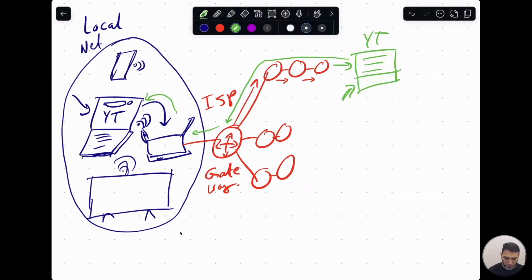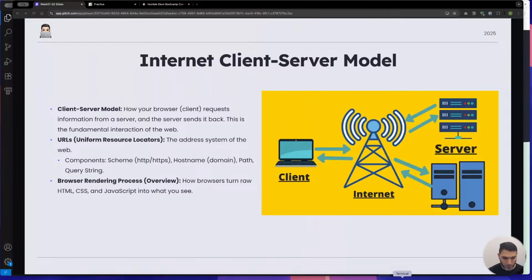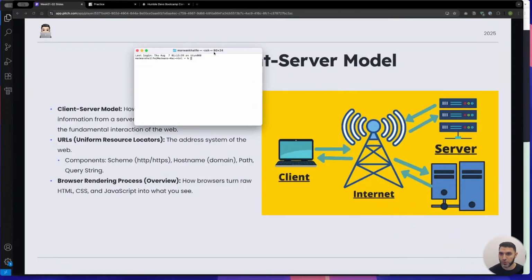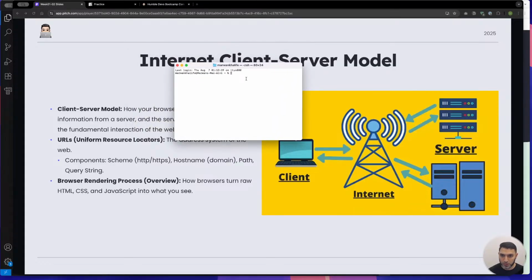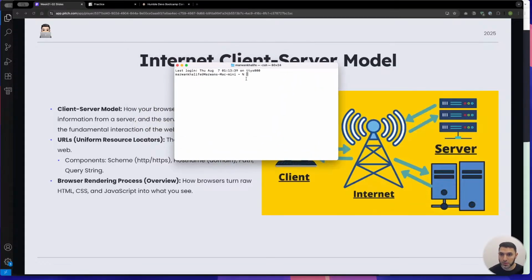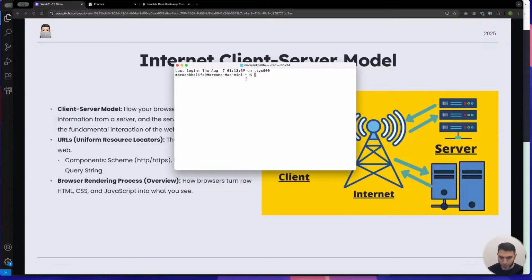And at some point, when we go further in our app and we want to host it online, you might want to buy a domain name for yourself. So let me just show you that if you want to. Let me try to make this bigger just so that you can read it. If you want to find what is the address of youtube.com, it's easy, because in your terminal,